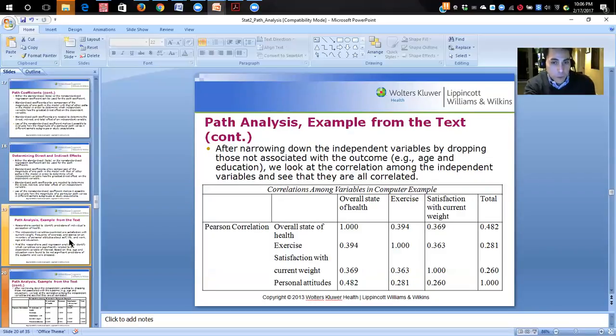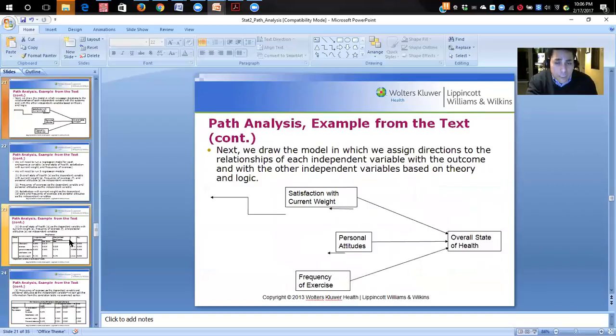So it gives you the total effect, and that is the key in path analysis. So here is the theorized path that must be a priori. This is a requirement for path analysis. You as the researcher need to draw this path before you conduct your research. Satisfaction with current weight, personal attitudes, and frequency of exercise have direct and indirect total effects on the overall